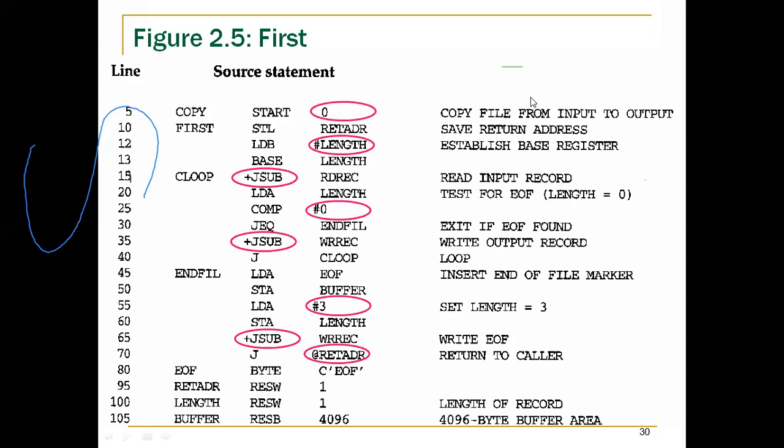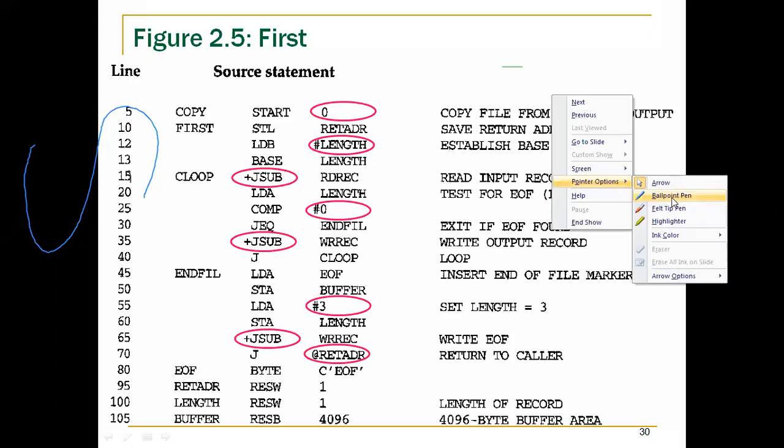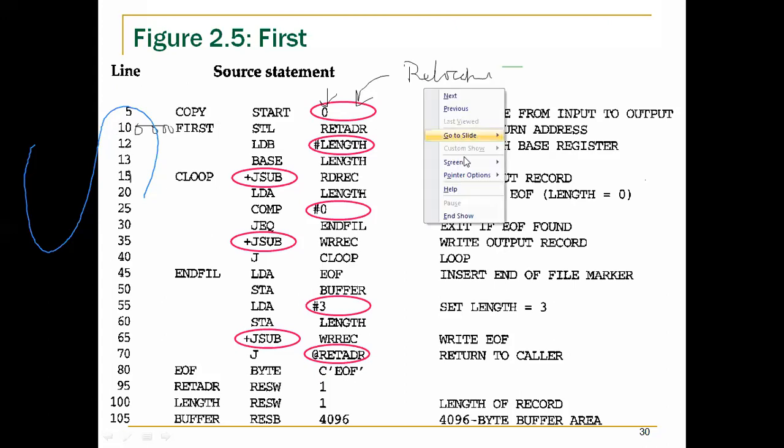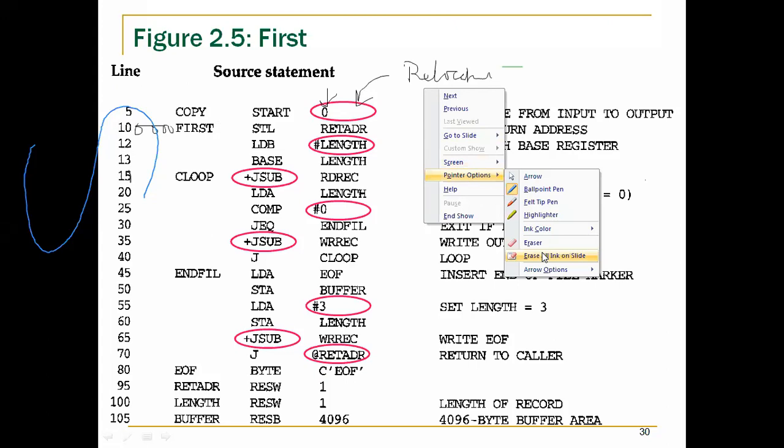Right, so all the SIC/XE programs will begin with a starting address of 0. So that would make them relocatable programs. This is a concept that we need to discuss later, but just remember that every relocatable program starts with a starting address of 0. Obviously the location counter value will be initialized to 000 as we did earlier. Other things that we observe here.